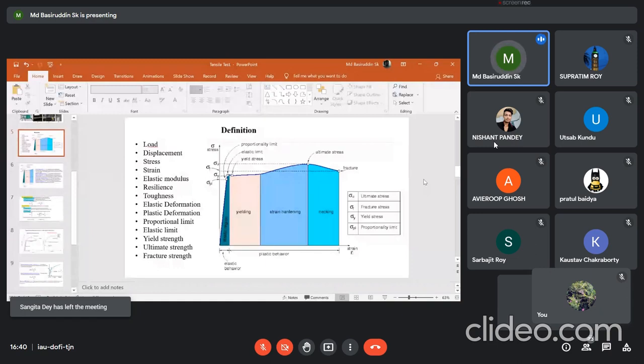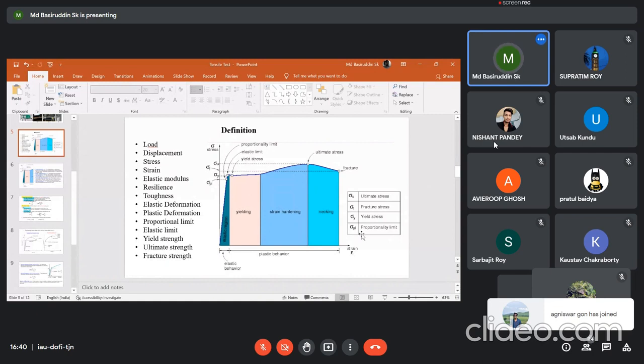Now we ended our class the day before yesterday saying that this representation, the stress and strain representation, is engineering stress and strain, right? So to get the correct data, we can modify this graph based on the instantaneous change in length as well as the instantaneous change in cross section of the samples during straining, and based on that we can represent the stress versus strain data to get the true stress strain curve, right? Now, the thing is,